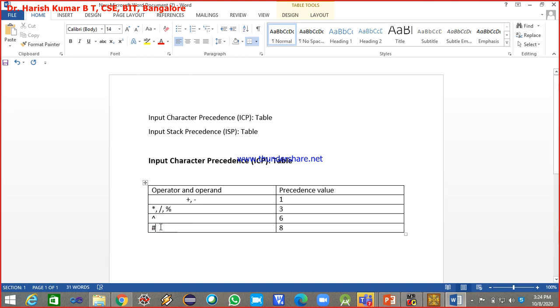Because numeric I have 0 to 9, and characters from A to Z, and I cannot write all of them. So I have taken my own symbol to represent all the numeric values from 0 to 9 and the character values from A to Z. Have you understood? This hash symbol is representing all the numeric operands and all the character operands.